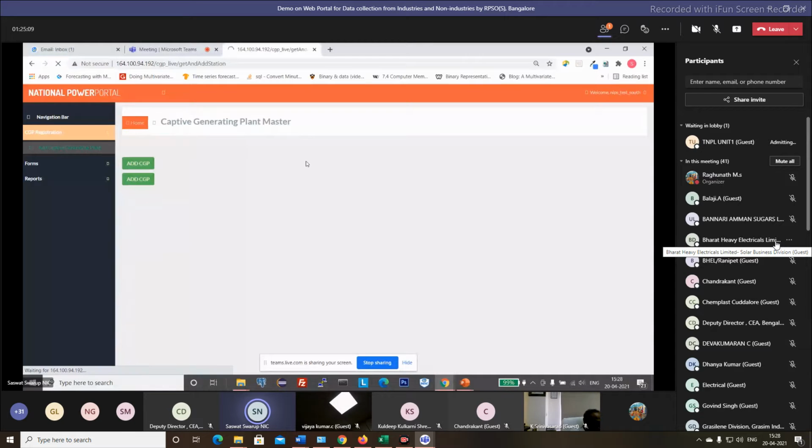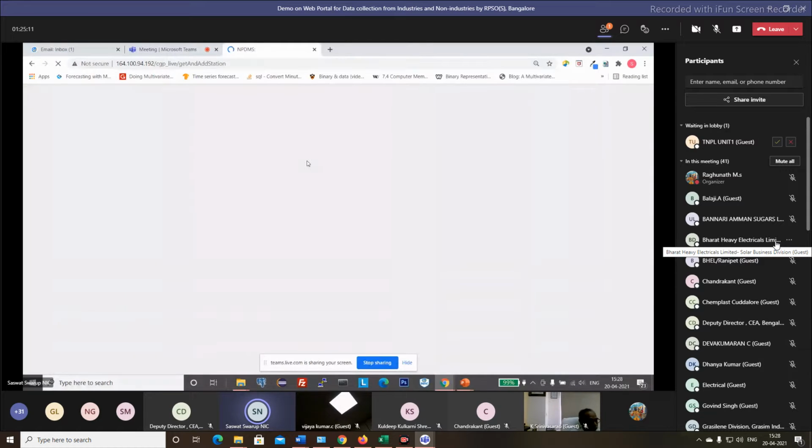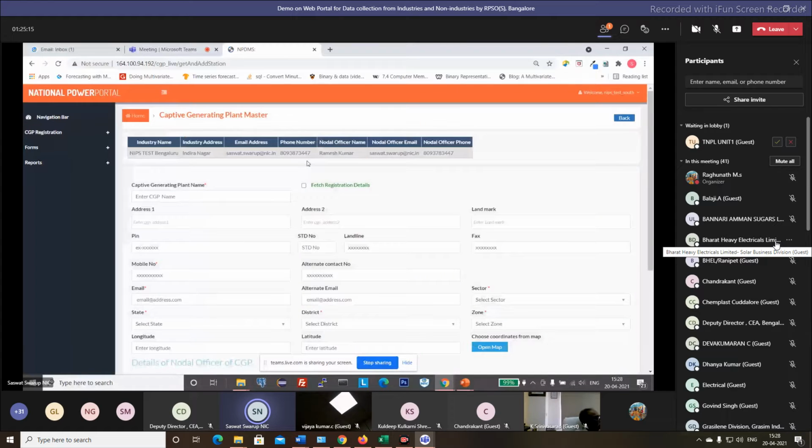So I will simply add one captive plant's details first. Here you have to add the details of whatever captive power plants you have.